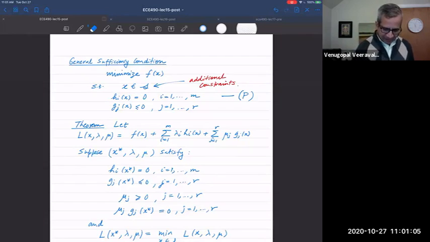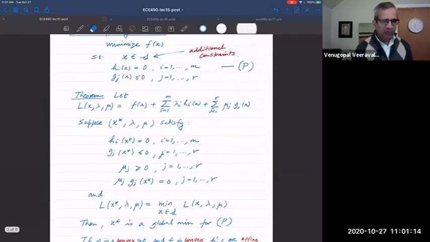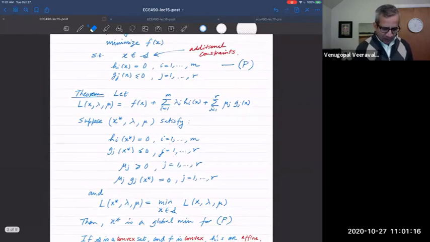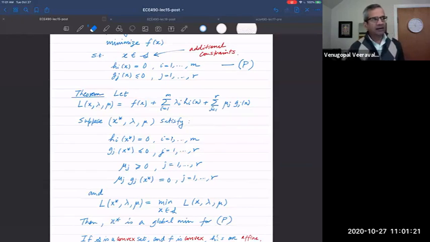So let's revisit this general sufficiency condition, which you proved in homework 4. It's not that hard to prove, but in examples where you want to show that the solution you found through the KKT conditions is a global minimum, it's quite convenient to use the general sufficiency condition rather than using the second order